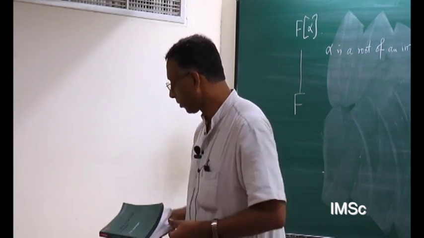The number of homomorphisms: if any other element beta is not separable, it will have a multiple root, so the number of homomorphisms will reduce. But for one case, I know that alpha is separable over F, so the number of homomorphisms will be fixed, equal to the degree of F alpha over F. No, this extension may be a sub-extension, no? Yes, but every homomorphism is an extension of one of them. So you first attach beta, and then every homomorphism from F alpha to F bar comes from there.